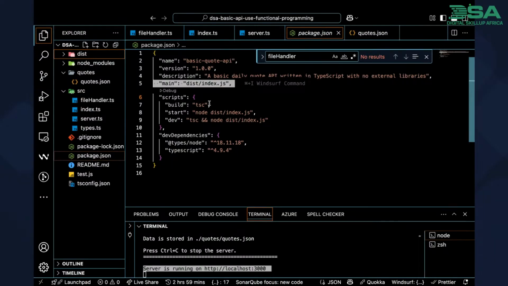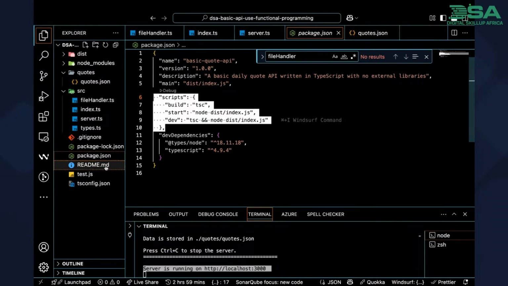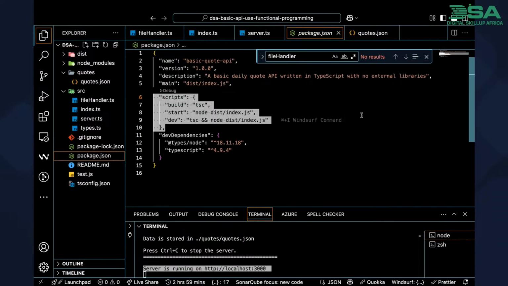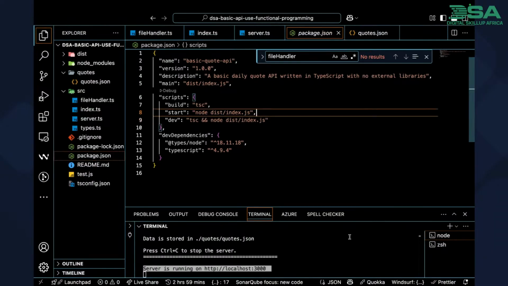file there. All right. And then going to the issue someone was having, you will realize that when you have a project, once you read your readme.md file, the next thing you should check is your package.json. That is what will tell you how to run it. In case your dev is not working, you can also use start. All right. So you can see here that they're both calling the same thing. All right. So you can run npm run start or npm run dev based on the script that we have